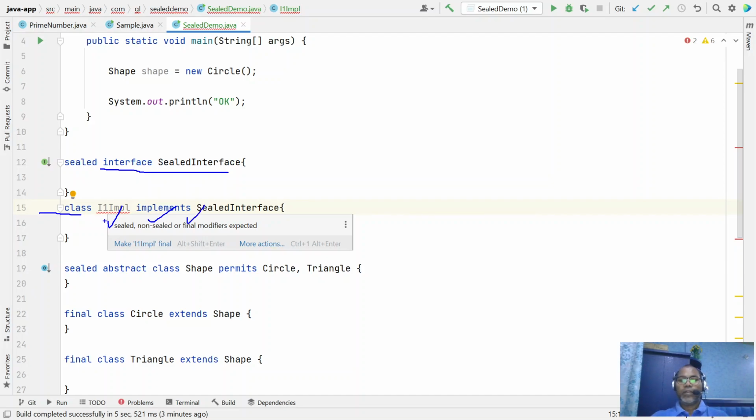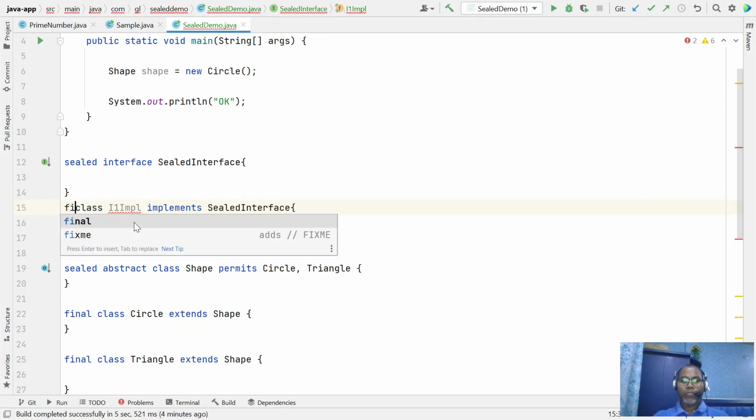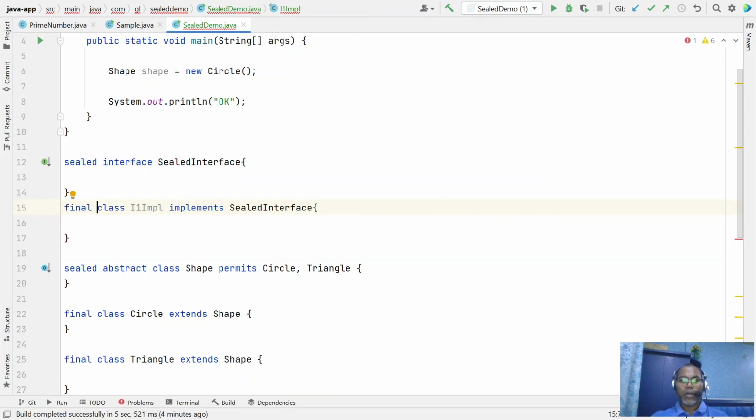Sealed means again it needs a subclass. Non-sealed means just like a normal class. Final means there is no subclass. So here you have to mark something final so that now your sealed interface has one implementation.